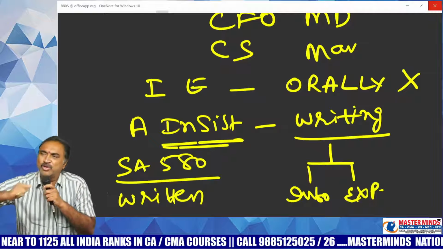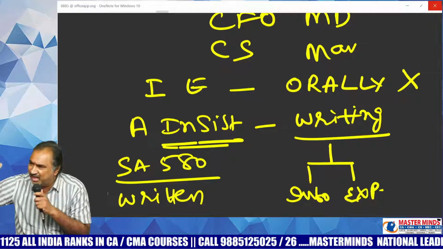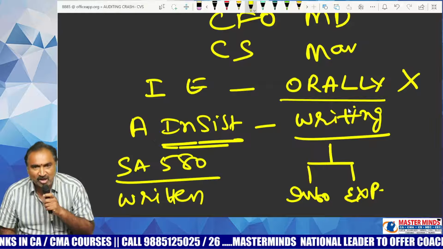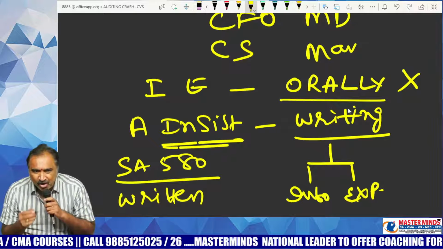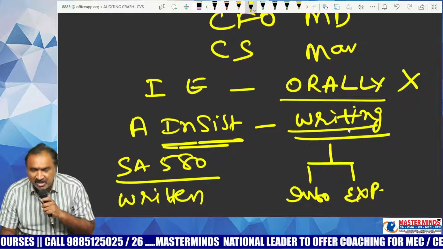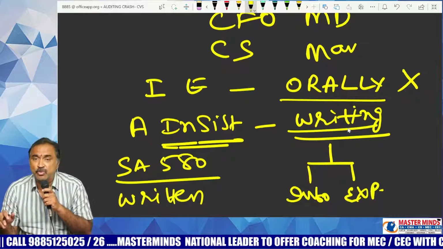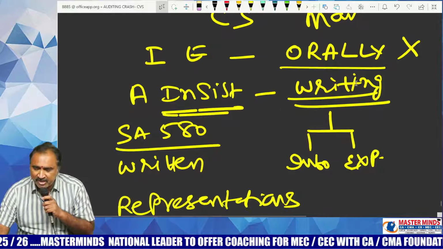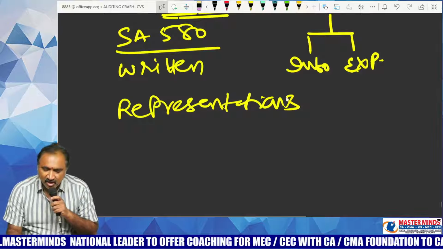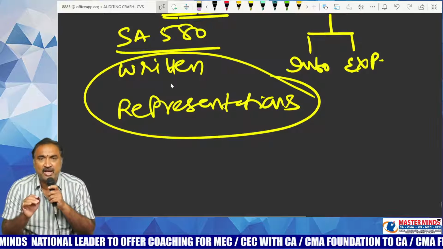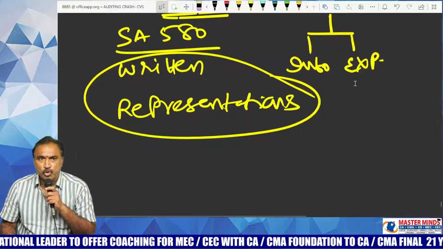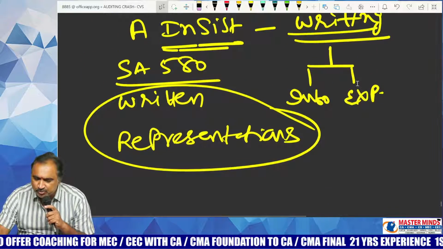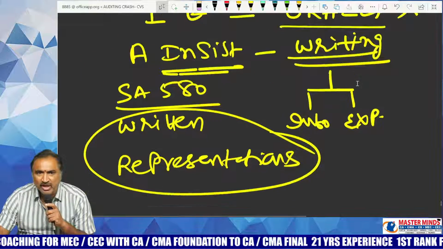So if you were the auditor, you can take the required information from anybody in the company. However, the company generally tries to provide required information to the auditor orally. In that case, the auditor should insist the company to provide the required information not orally but in writing. Therefore, the company is under obligation to provide such information to the auditor in writing. Such information and explanations provided by the company to the auditor in writing are technically called as written representations. After listening to this, you may get a doubt. The doubt may be like this. Why should the auditor take information and explanations from the company in writing and why not orally?